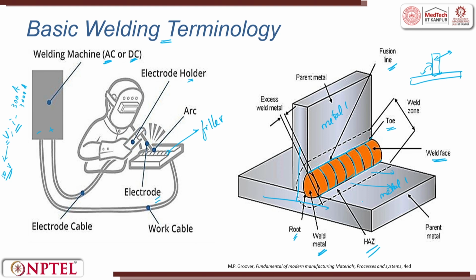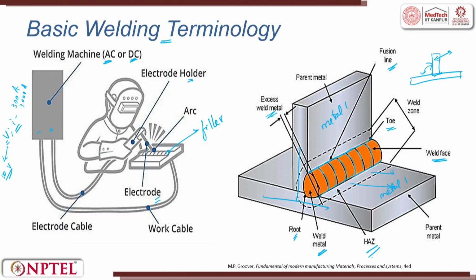So, now I have explained everything. Excess weld metal: what happens is when we start exactly dot to dot, we cannot start at the perpendicular when we see from the side. So, we start slightly earlier and then melting. That is called excess weld metal. So, two metals perpendicular to each other are joined. So, you have a weld which flows there and then you try to join.